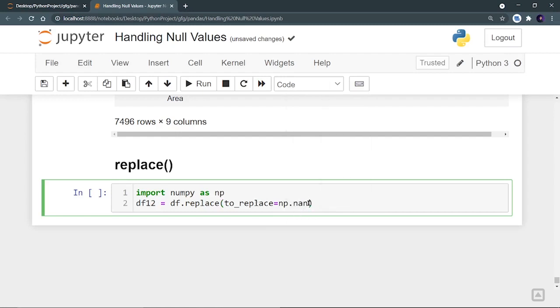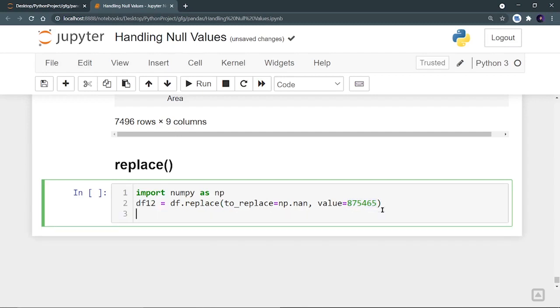So we want to replace the null values, and here you have to define which value you want to replace them with, so I write value equal to this number. Wherever the null value is there, it will be replaced by this number, right?